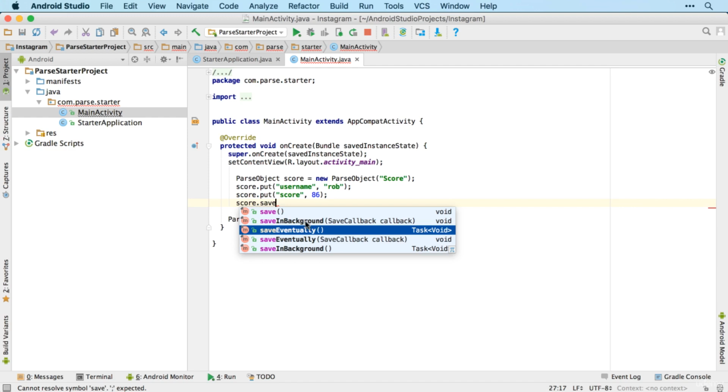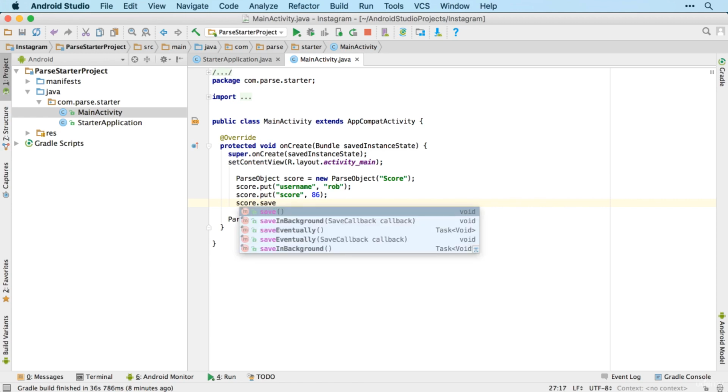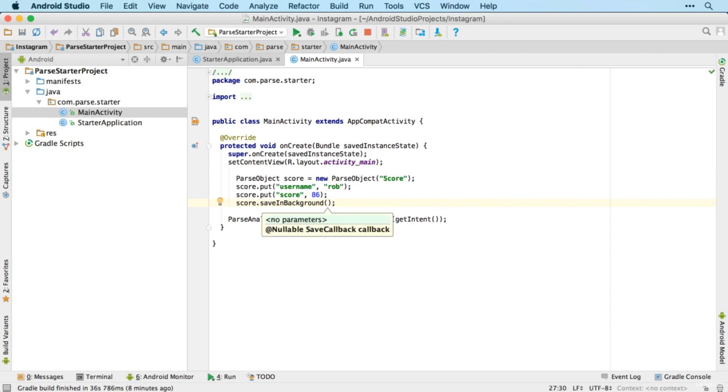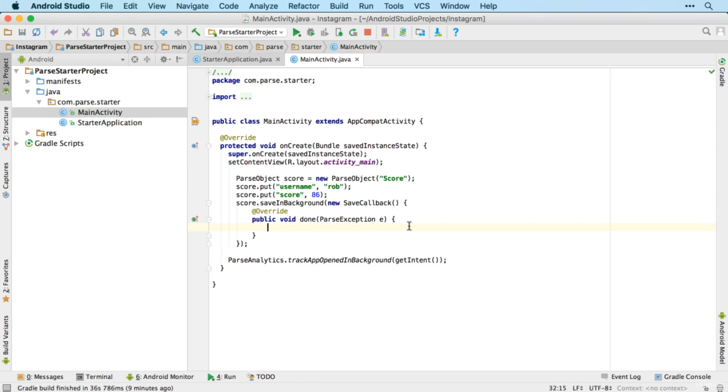And then notice we've also got callback options. So we can just use a standard save in background. And if we run that, that will attempt to save it, but it doesn't give us any idea as to whether that's been successful. So almost always, I think it's a good idea, unless you really don't care whether it's been successful or not, to use the callback option. And then to add a callback, we just create a new save callback. There we go. And that will give us a done method,